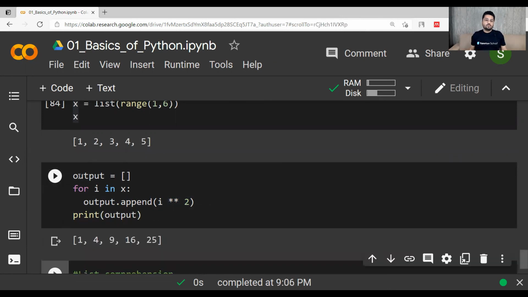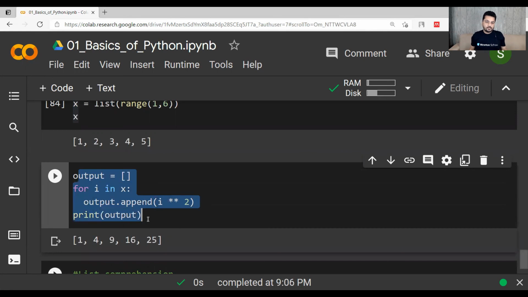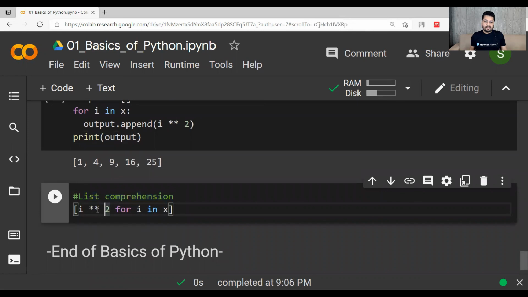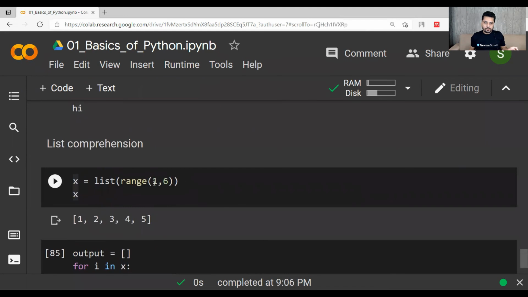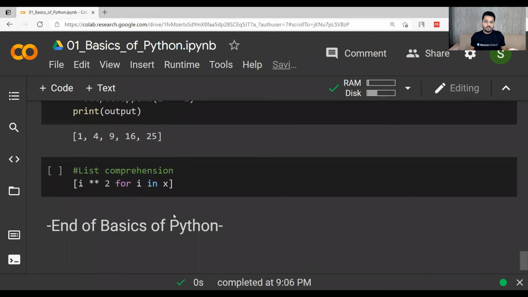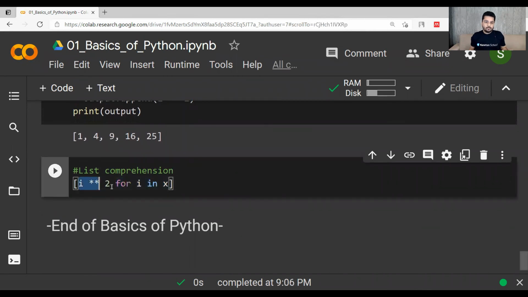Okay, now you can reduce this to a single liner. How? This is called list comprehension. It means that you have to do I exponent 2 for I in x. So this was 1 to 6. Okay, 1 to 5 was there. And when you have x as 1 2 3 4 5, for that for loop, you have to implement this.